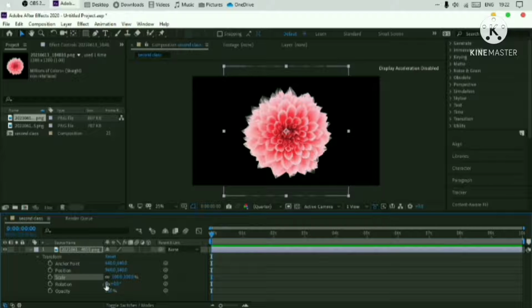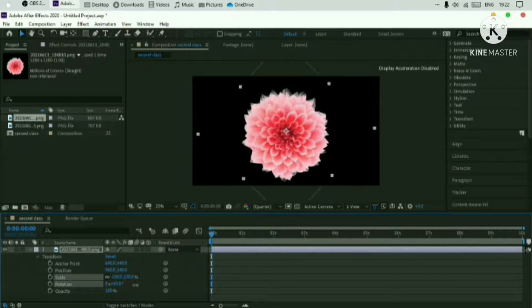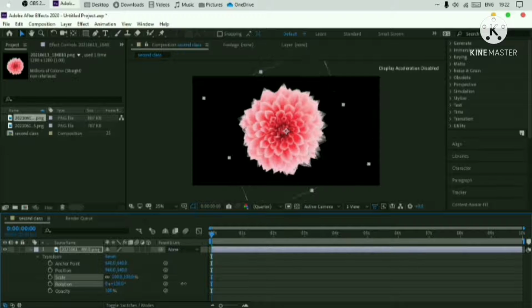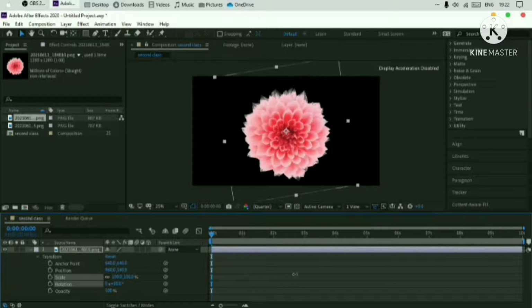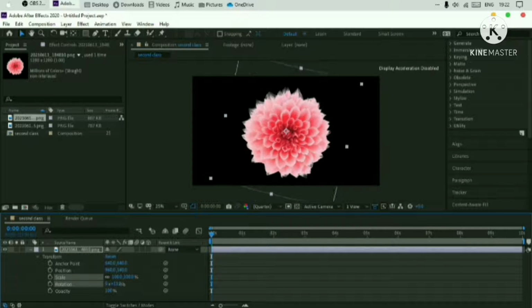Next is the rotation. So basically it also has two options. So this is the whole rotation. Like if you want your object to rotate one round in 1 second, then you can just click on this and change it to one. Or else if you want it to rotate only slightly, not one full round, then you can just change this one. So if I change this, see it's some 17 point, 18 point, and when I do it more, then it will change into 1. See, it changed into 1. So that's one of the properties of it.